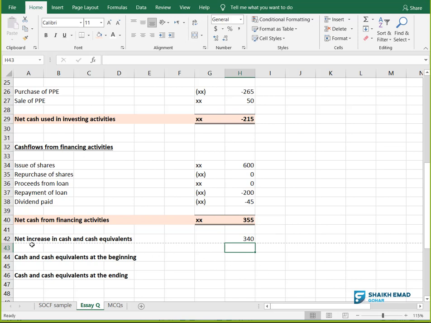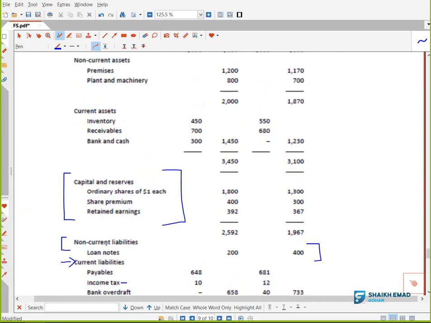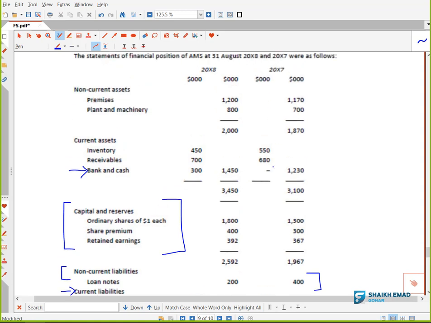Plus, it's called net increase in cash and cash equivalents. If it is minus, you will say net decrease in cash and cash equivalents. Okay, cash equivalent means which can be readily convertible into cash. So my friends, after this 340, you need to go back to the balance sheet and check how much was your cash and bank. So we went here to see in the cash and bank, opening was 0. See, opening was 0. We don't have anything opening, but closing is 300,